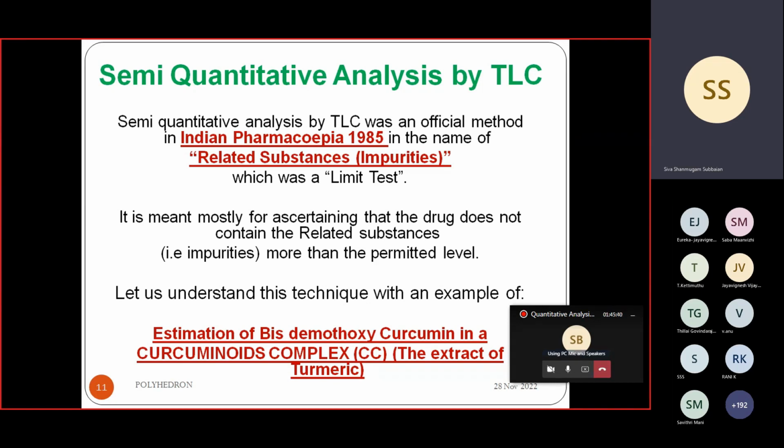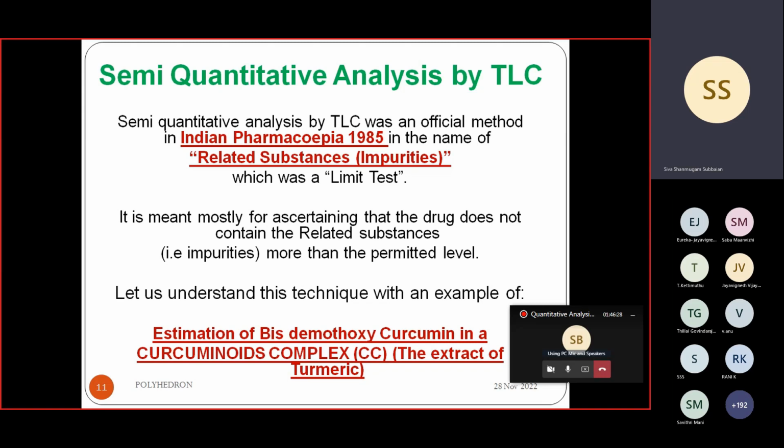Beyond a level means they will specify that the quantity of the impurity should not be more than 0.1% or 0.2% or 0.3%. This method is designed in such a way that at the end of the analysis, we can say whether the impurity is there or not, and if it is there, whether it is more than the specified limit or not. Quantitatively, we will not specify exactly what the percentage of impurity is. We can say only whether it is within the permitted level or not. That's the reason it is called semi-quantitative. To explain this procedure, I'm taking a case study: estimation of bisdemethoxycurcumin in a curcuminoid complex,